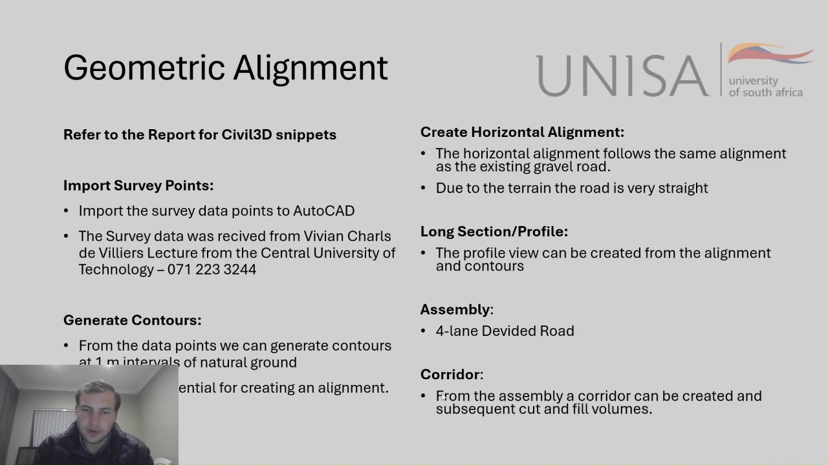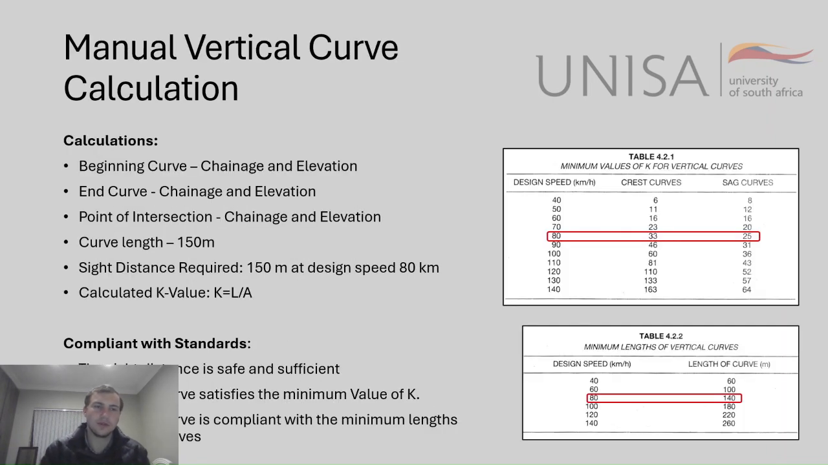The corridor from the assembly and from the alignments and contours and everything can be created, and subsequent cut and fill volumes can then be calculated, which is very important when designing a road. So the manual vertical curve calculation, vertical curve,